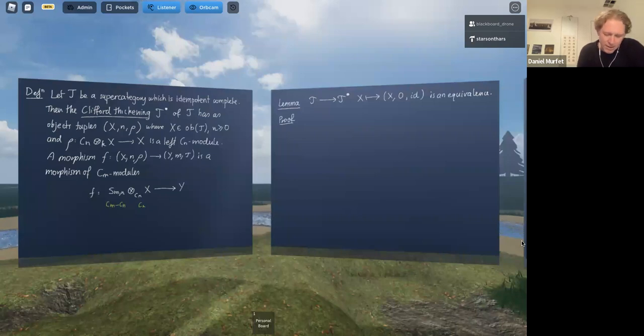So since Cn is Morita trivial, if I give you a Cn module X in T, there exists some X tilde in T and an isomorphism